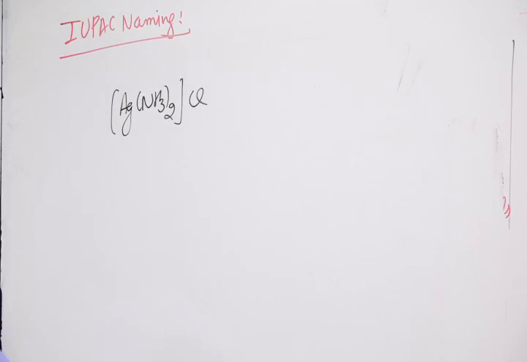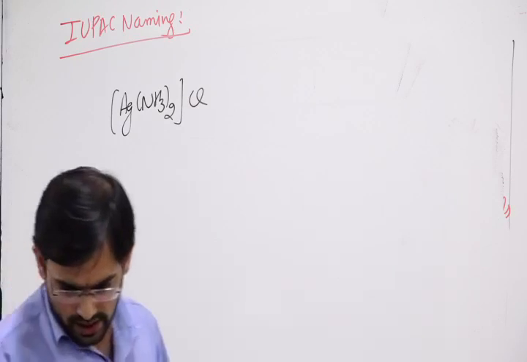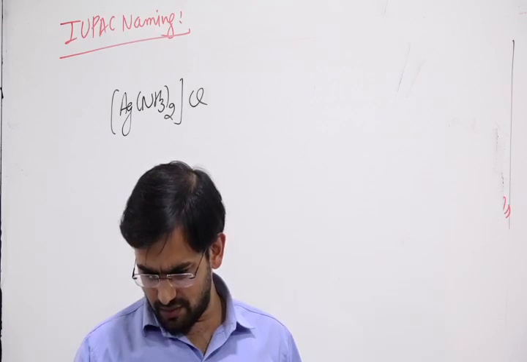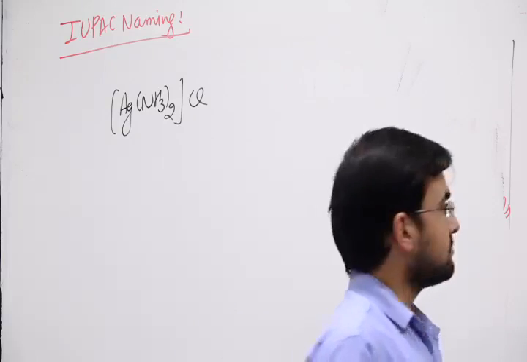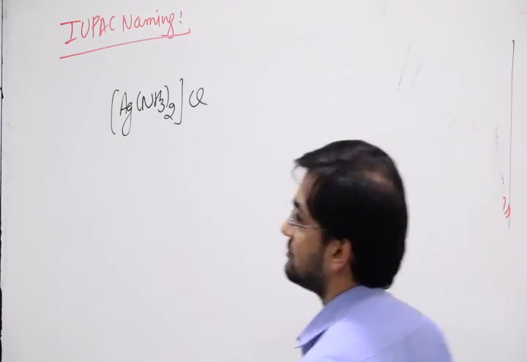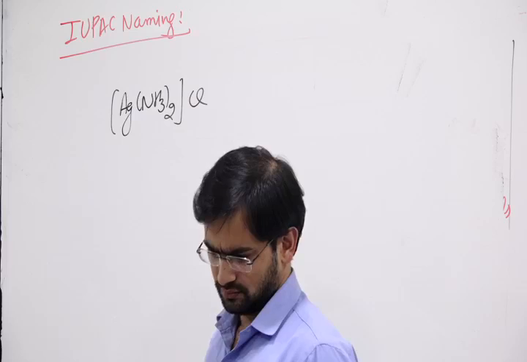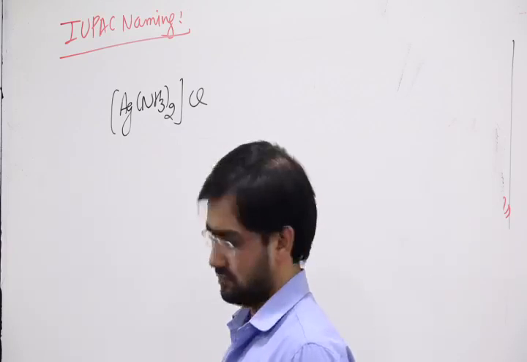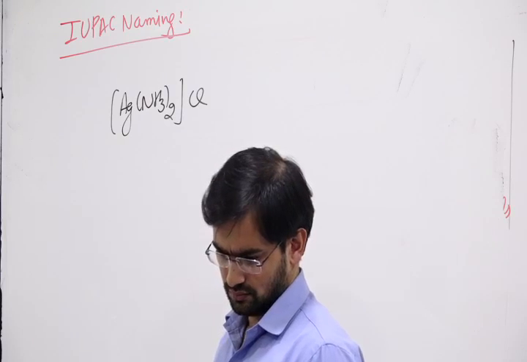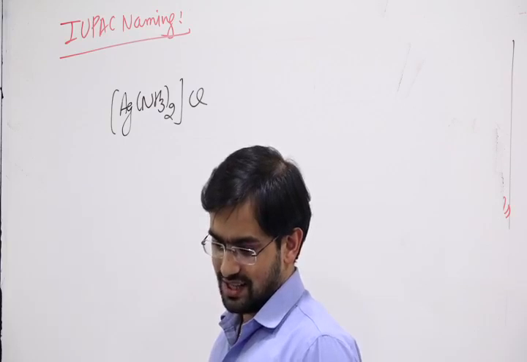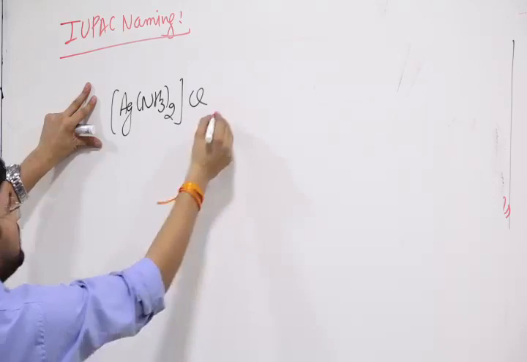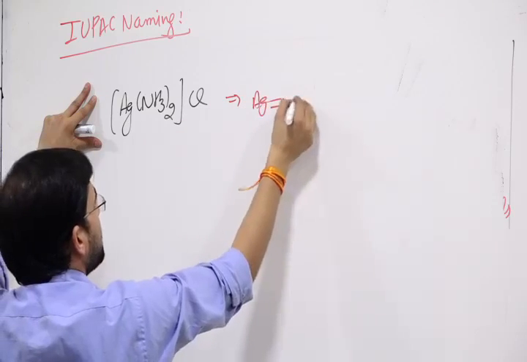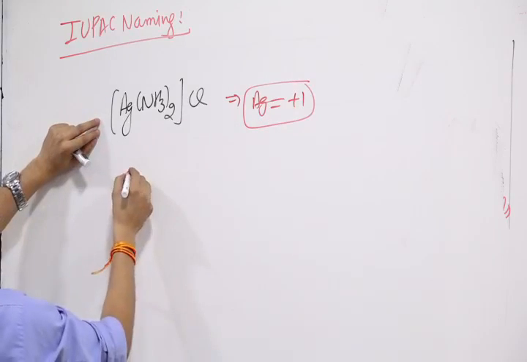What is the name? The name is only one people has given. No, not Prithvi, not silver, not argentum also. Silver is correct only. So here Ag will get +1 charge. What we write is